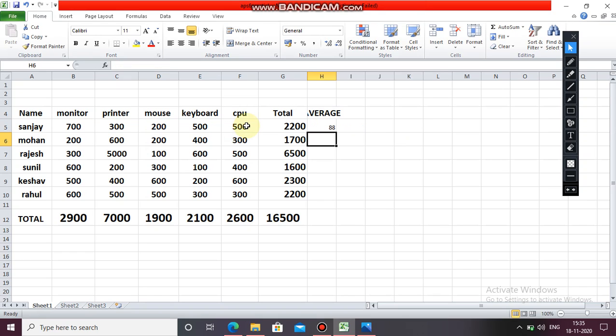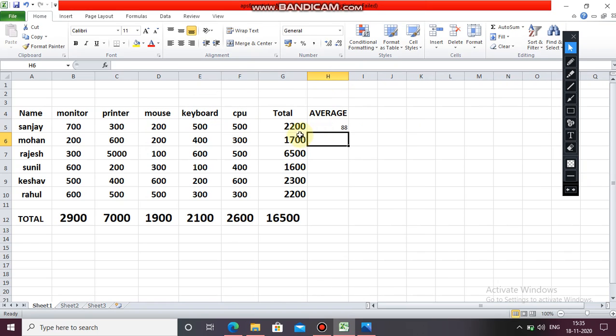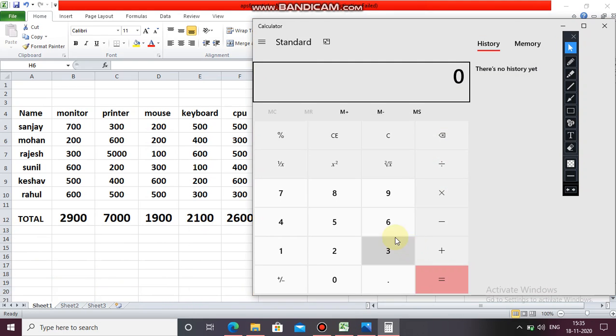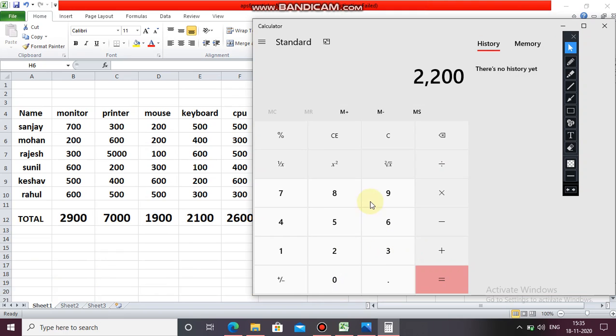Let's see, while taking 2200 divided by 5, it shows the same thing. Divided by 5, it's showing 440.